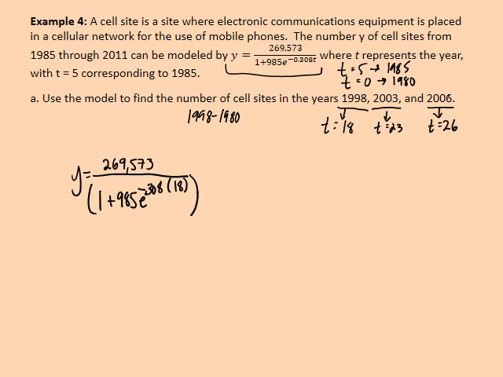You need to have every single one of these parentheses, and don't forget this decimal point, to figure out when t is 18. So when you enter this into your calculator, you get